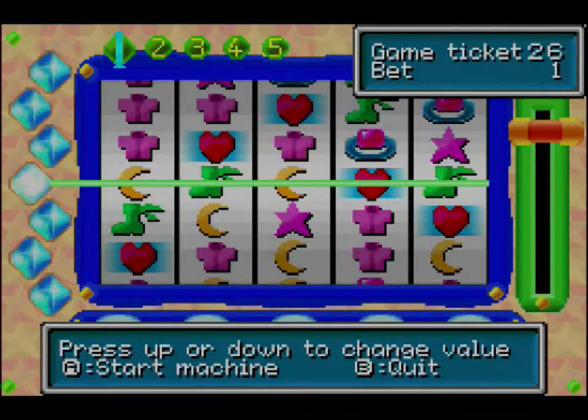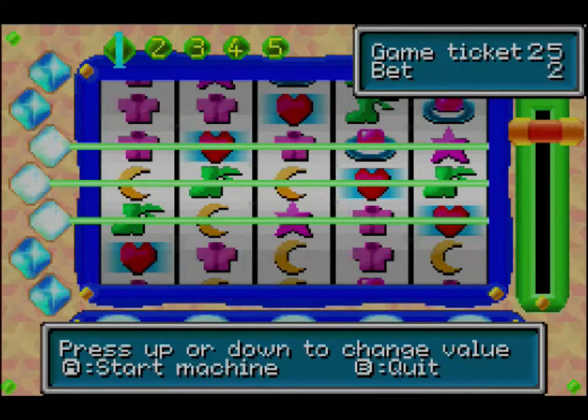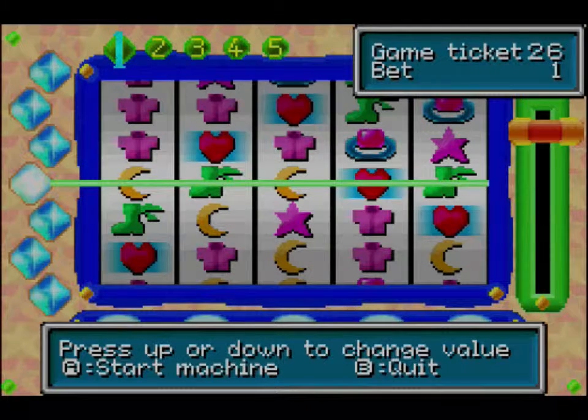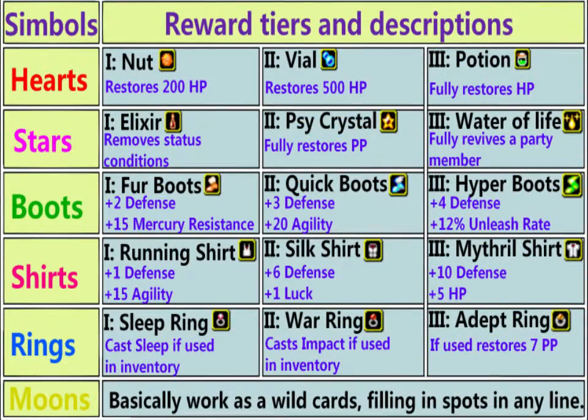So, how this game works basically. You regularly only bet one game ticket, but if you want to increase your odds, you can bet up to 4 game tickets, and as you can see, the lines increase, and we even have the diagonal matches. So basically what you want to do is match specific symbols, and I'll go over what each symbol does. So if you get a matchup with hearts,